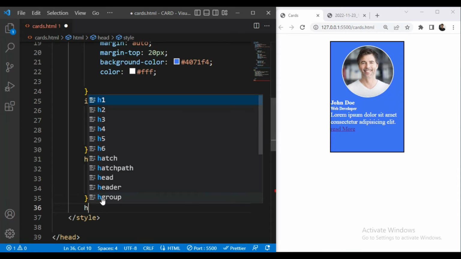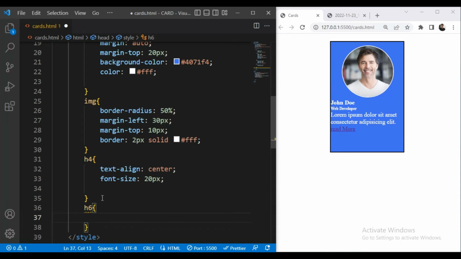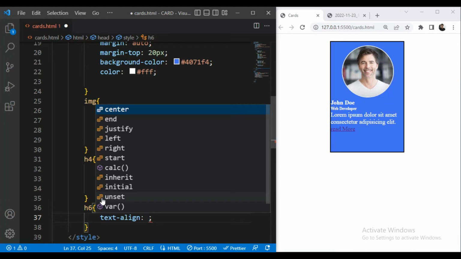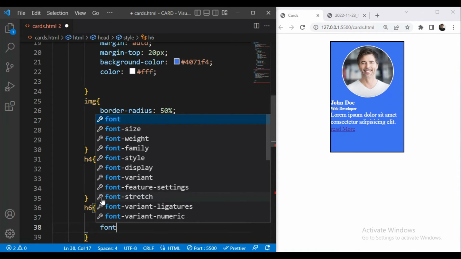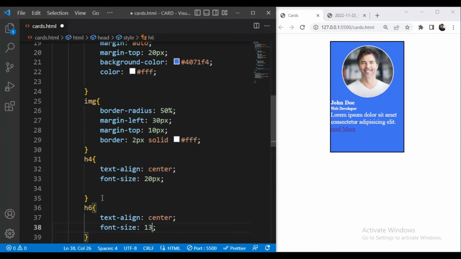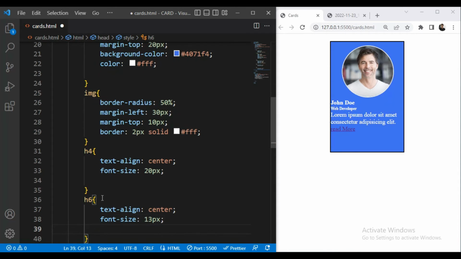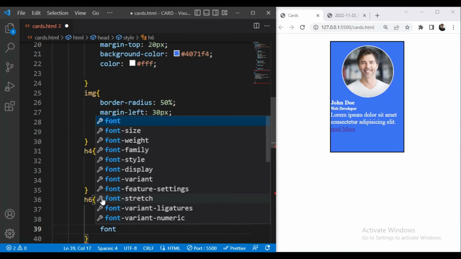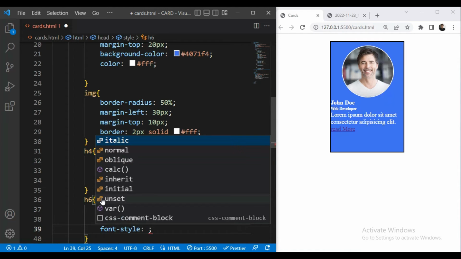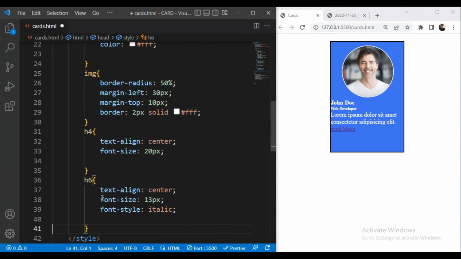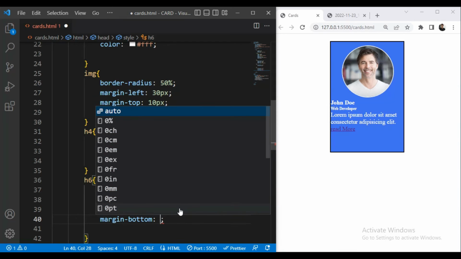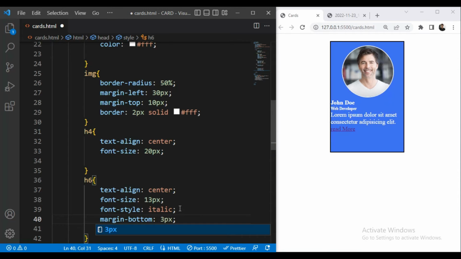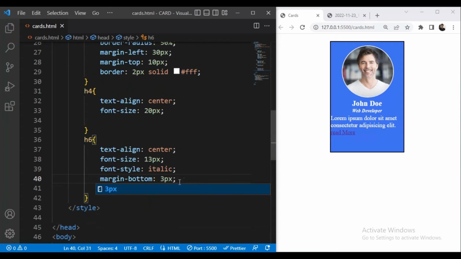Then H6 selector, so we'll take text align center, and then font size will be 13 pixels. Then font style will be italic, and we'll give some margin from bottom, for example 3 pixels. So let's save this.